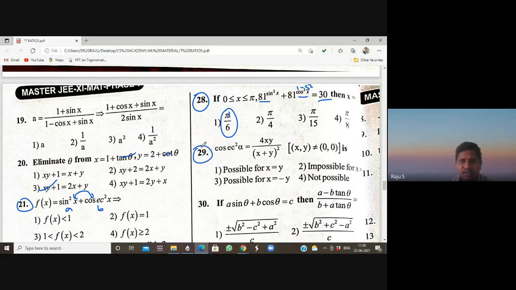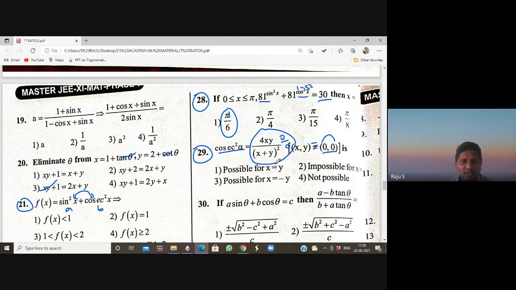Then question number 29. Cosecant square is given like this. Then x comma y should not be 0 comma 0. See, if it is equal to 0, what will happen? 0 by 0, undefined. If we take both as 0, 0, we will get undefined. So you should not take that. Then students,